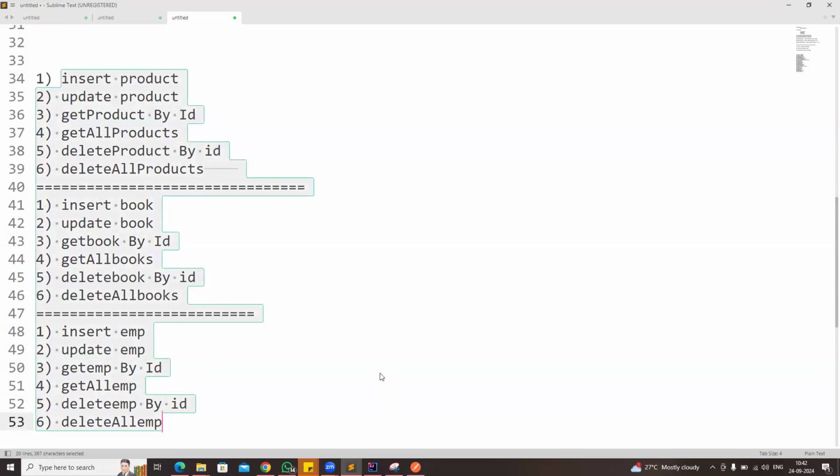So in the book table, I want to perform the CRUD operations. In the product table, I want to perform the CRUD operations. In the employee table also, I want to perform the CRUD operations. Similarly, if I have 10 tables like this,